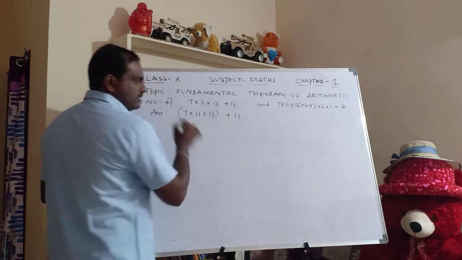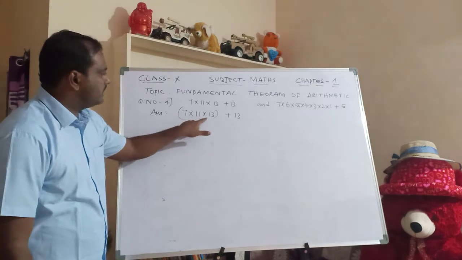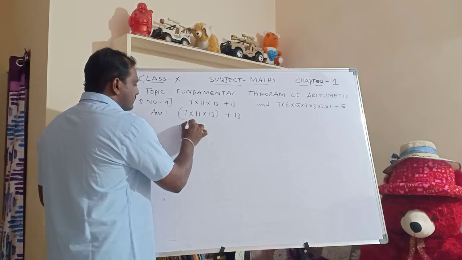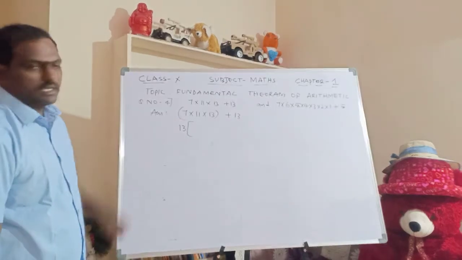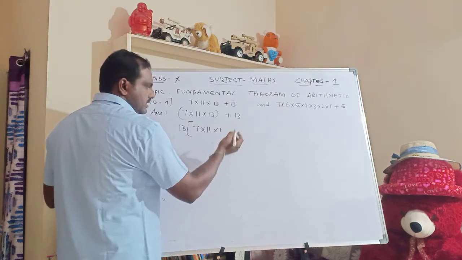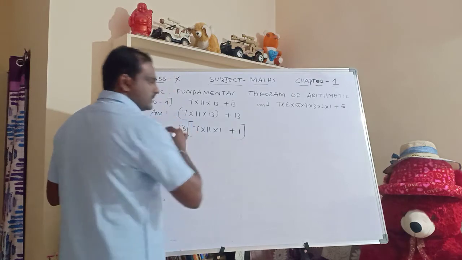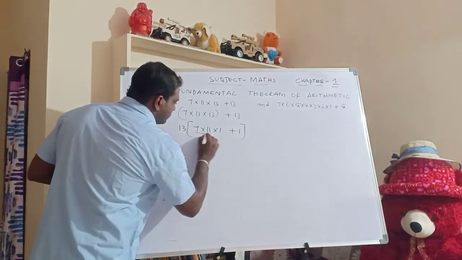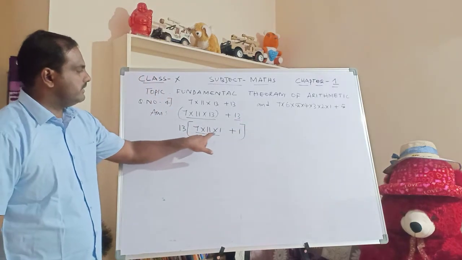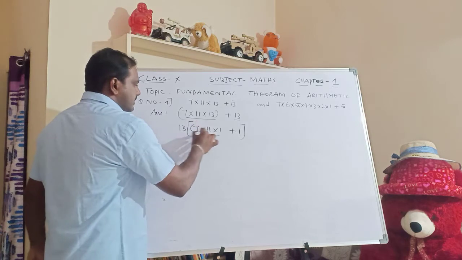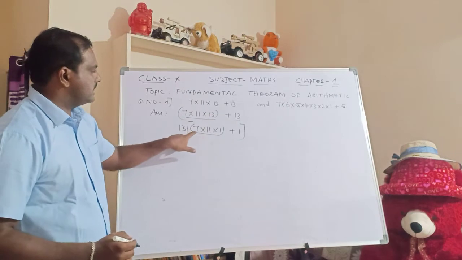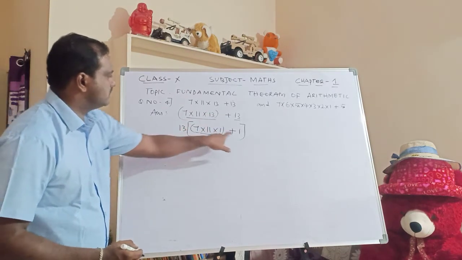Look at this. This is multiplication and this is addition. Now what I will do is I will take 13 common from both. Then what will I get? Yes, 7 into 11 into 1 plus 1. Don't get confused. This is 1, this is 1. 13, 7 into 11 into 1. Okay, so I will keep the brackets also. Now you will understand. Now I have taken 13 common. So 13, the same 7 and 11 is there. 13 into 1, 13.